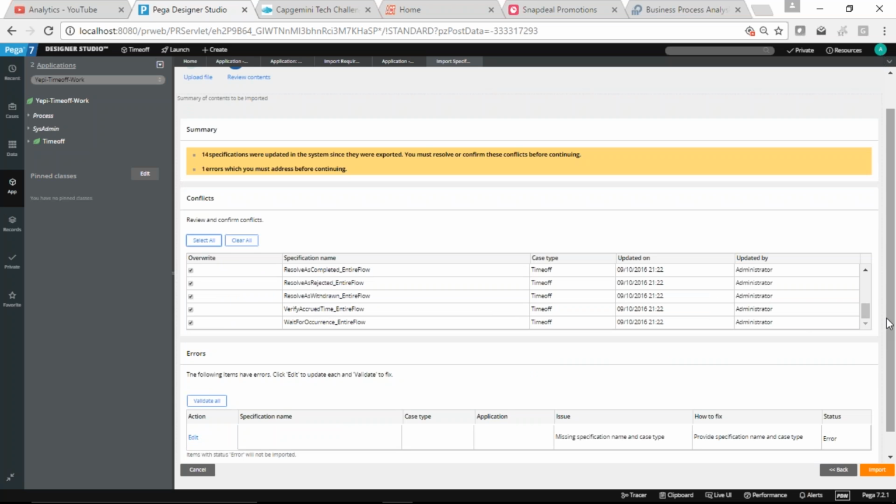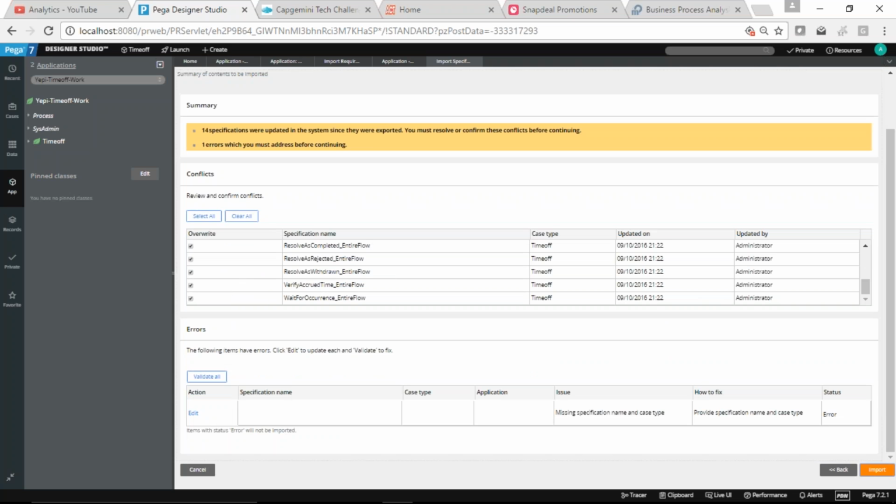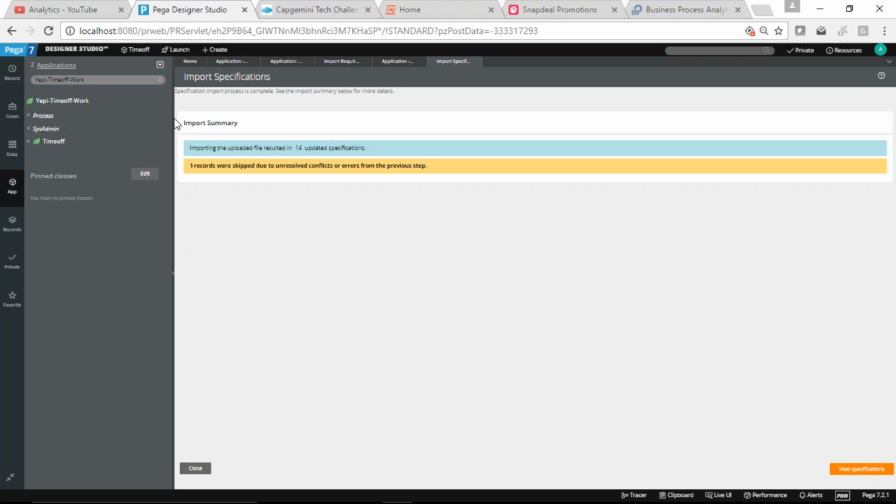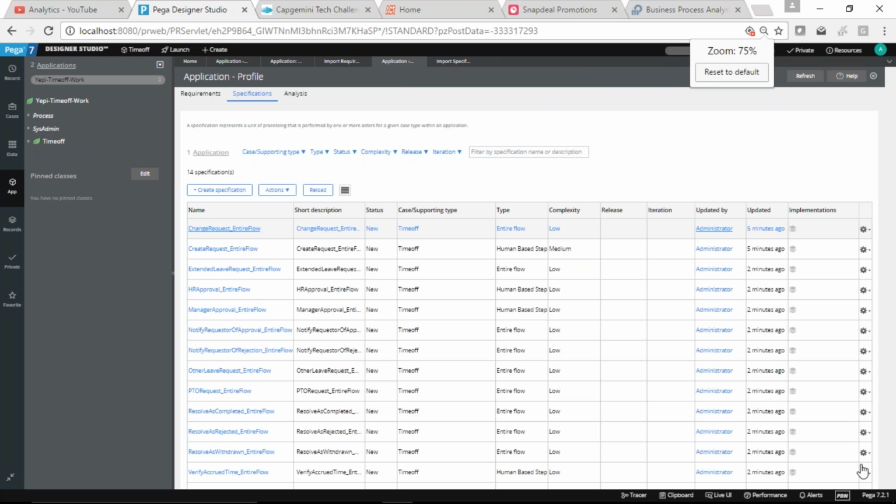So this is one of the blank rows. Now it has updated all of this. If you go down, business impact can also be seen. Yes, business impact is updated now.